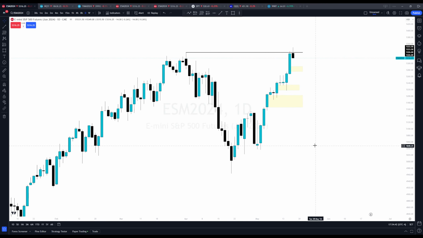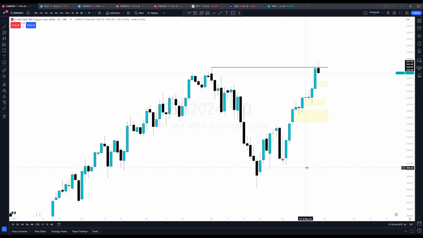So breakers, basically, trying to find it here. Breakers are when you take a high, right? If you take a high and close above that high, or if it takes a high and then takes a low, and then it closes back over this high, this becomes your breaker, or as other people would call it, a prior resistance.